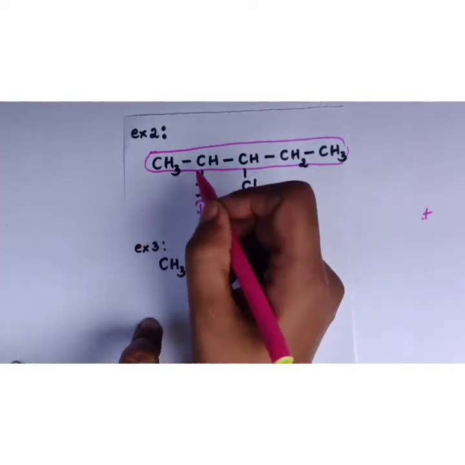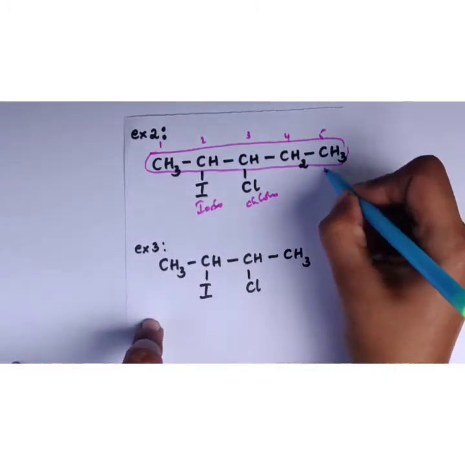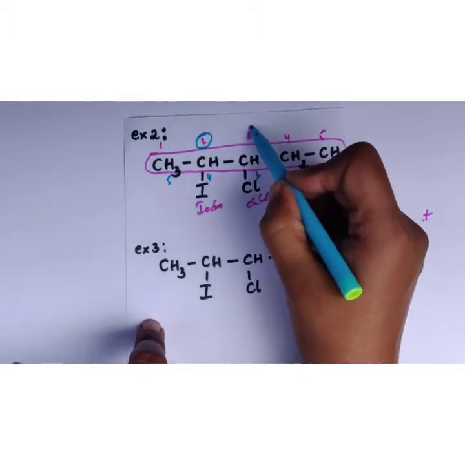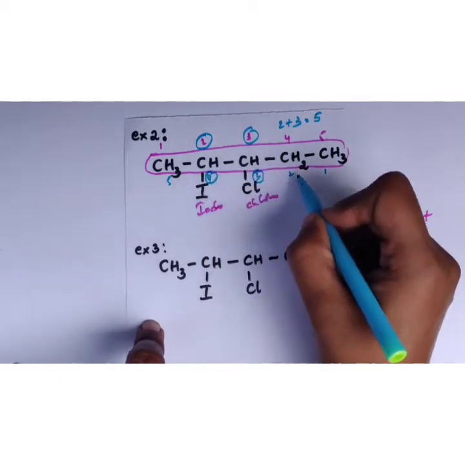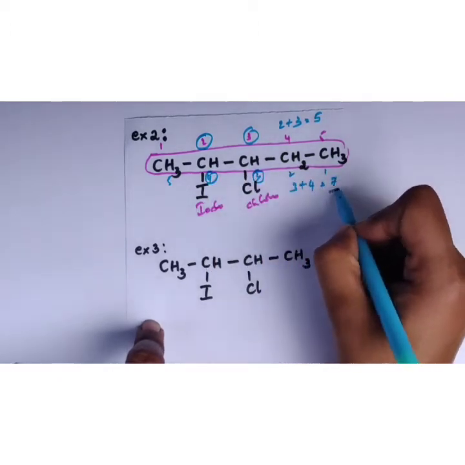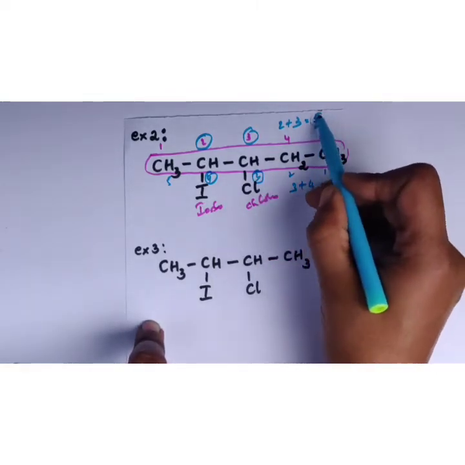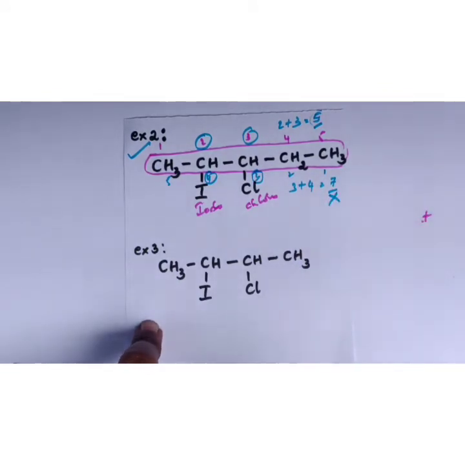So first number it 1, 2, 3, 4 and 5. When you number it 1, 2, 3, 4 and 5, this is the locant number. So it is 2 plus 3, which is 5. And here it is 3 plus 4, which is 7. Whether it is equal? It's not equal, so it is non-equivalent. When it is non-equivalent, you have to follow the lowest sum rule. Lowest sum rule means this sum is less, so we are going to number it from your left side, not from your right side. When you name it, it goes according to the alphabetical order.